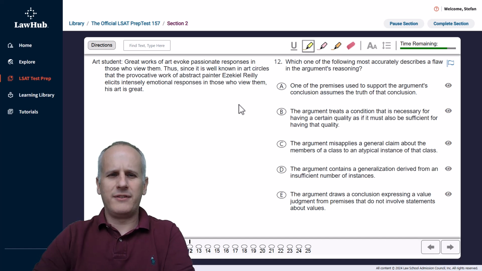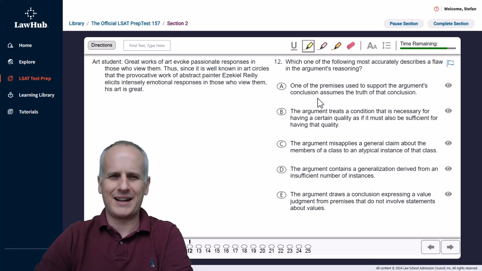This is question 12 of the second section of LSAT PrepTest 157, the first logical reasoning section. As always, we've got a highlight tool ready to go, and we read the question stem to start. Which one of the following most accurately describes a flaw in the argument's reasoning? So we should be able to identify the task word of flaw almost immediately, and we can go straight to